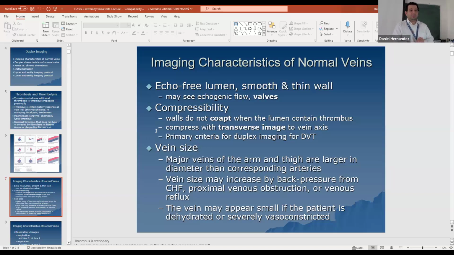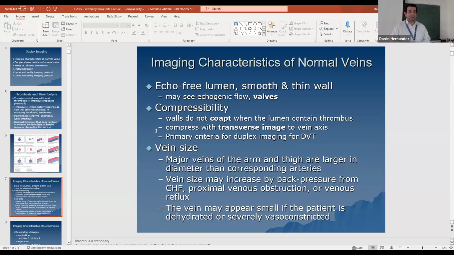We talked about vein size. So the veins of the arm and the thigh are larger. So the upper arm and the thigh veins are larger than those corresponding arteries. Vein size may increase. The proximal veins are much larger than the corresponding arteries. The vein size may increase because of back pressure. So we can have venous hypertension that could lead to increased vein size, also congestive heart failure, or even fluid overload. So if we've really overly hydrated this patient,